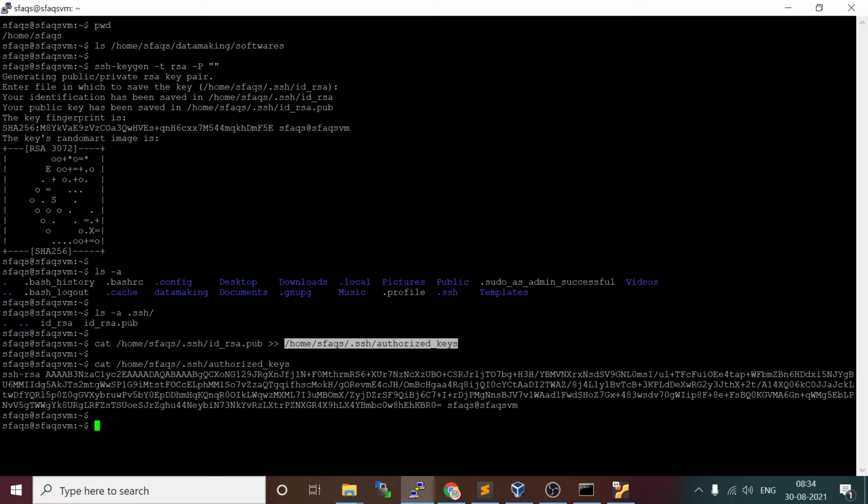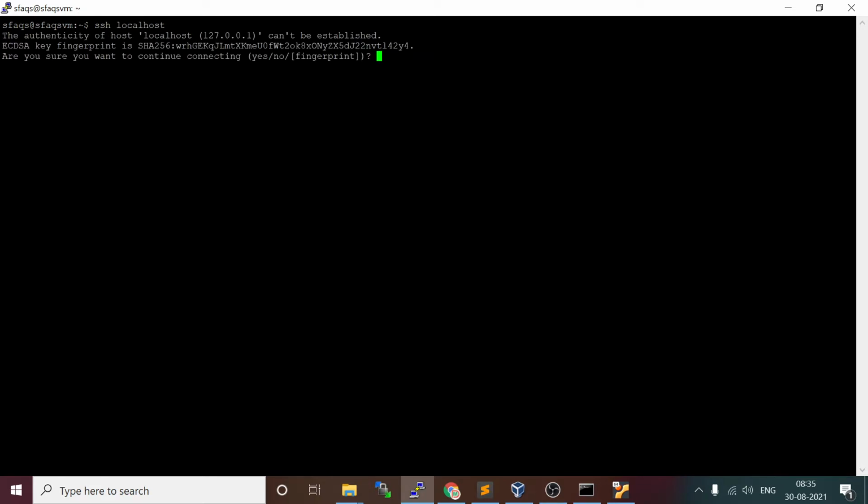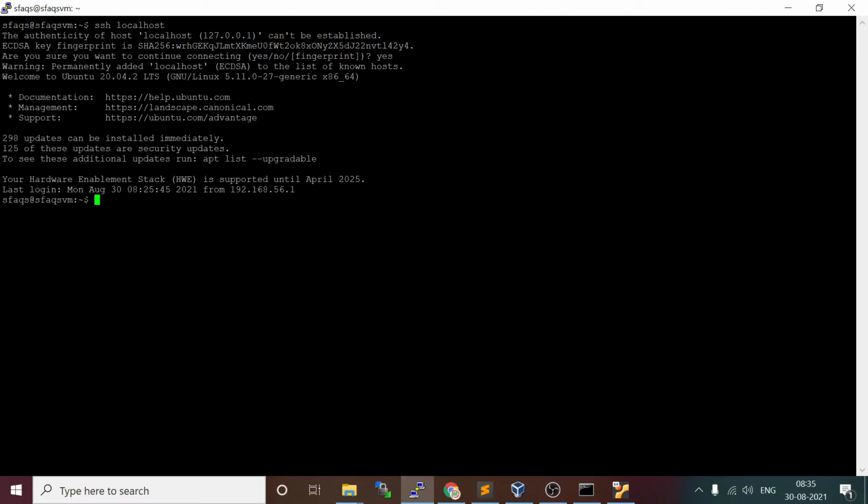Okay, for SFAQs at this VM. Now we can do ssh localhost, so it will not ask any password. If you want to continue connecting, yes, using that fingerprint, yes, so it's not asking any password. So this is how you do it. Just log out of that. So I will just go here,